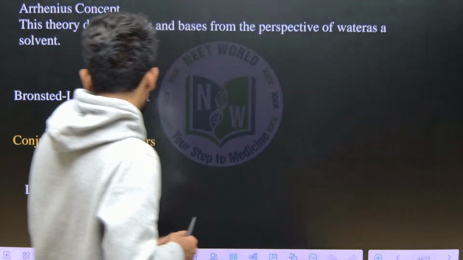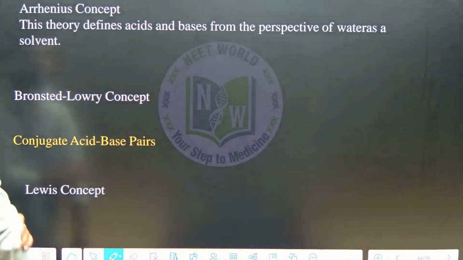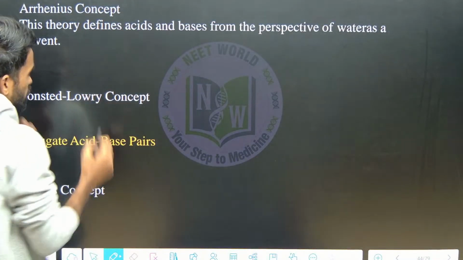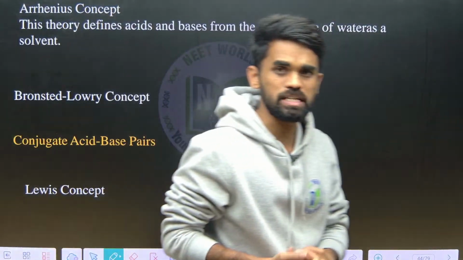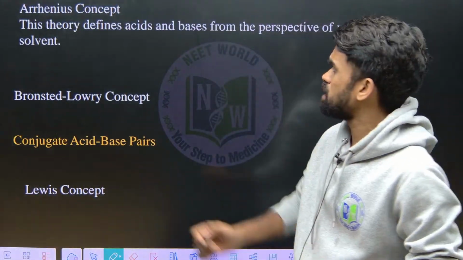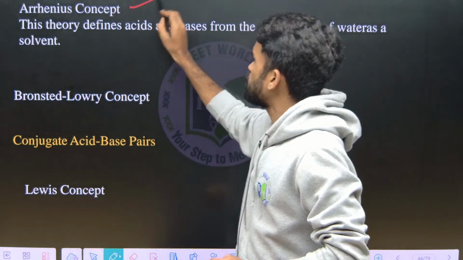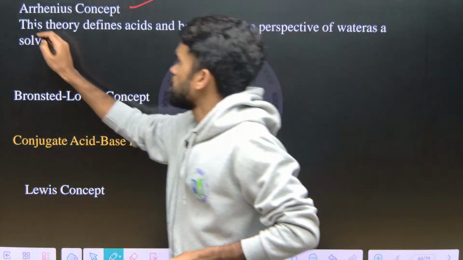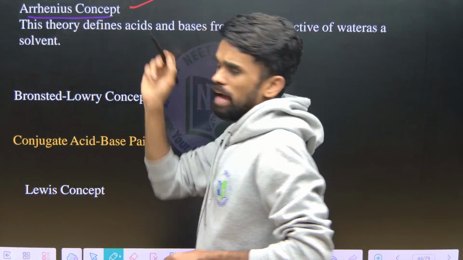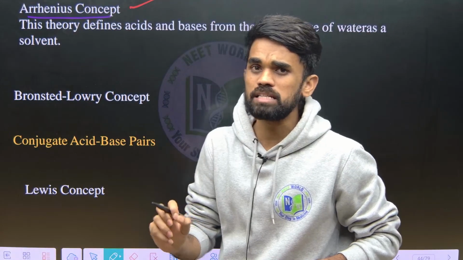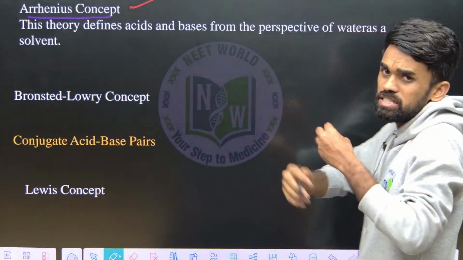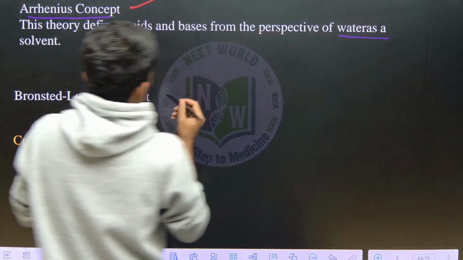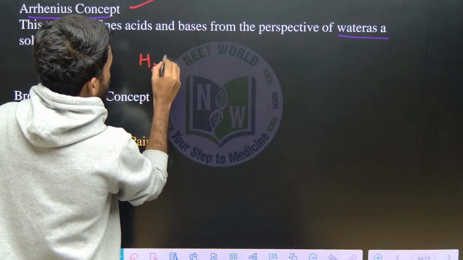Let us start this session with a very basic understanding of the acid base theories. We have three acid base theories which are very important for us to understand. The first one is the Arrhenius concept of acid base theory. As per this theory, an acid is a substance which increases the concentration of H plus ion in water. So if I add any substance to the water,